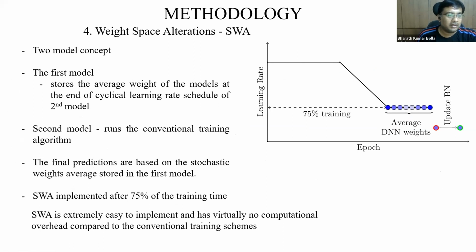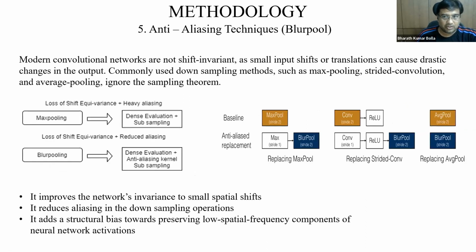instead of sticking to one set of weights, what you can do is, as you progress in the last 25% of the cycles or epochs, you can average all your network weights. And you can update your batch normalization. This will help in better generalization, and this significantly improves your model generalizability. And when your model is able to generalize better, you would get better accuracy.